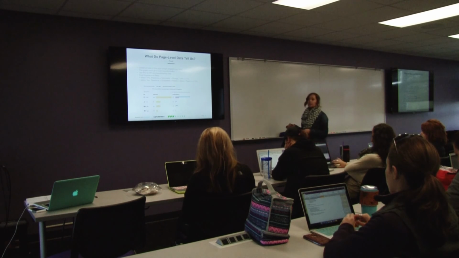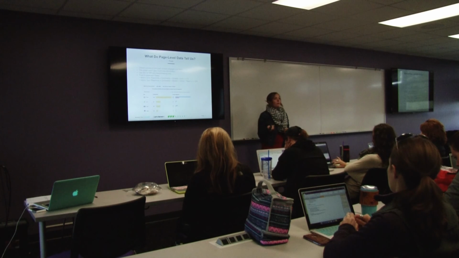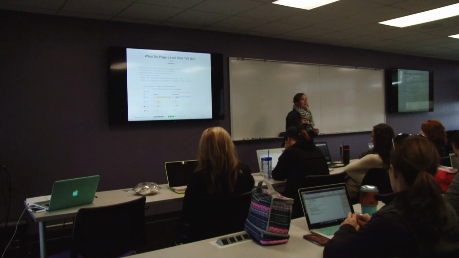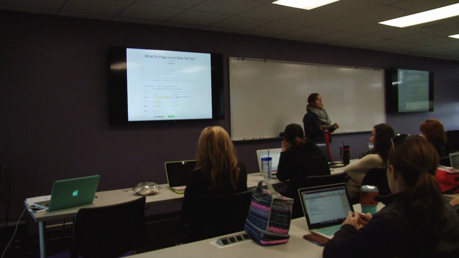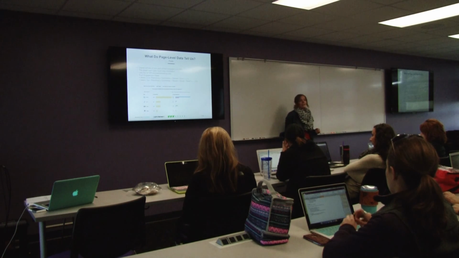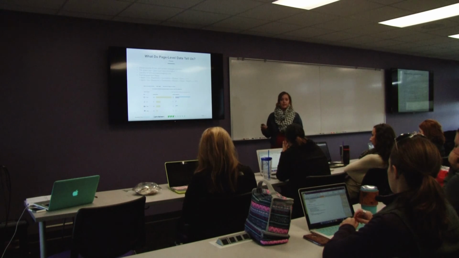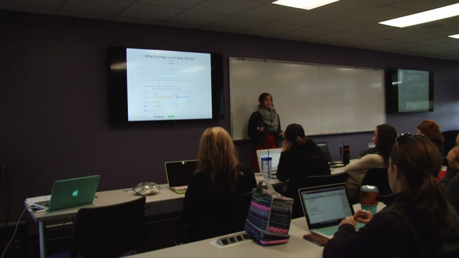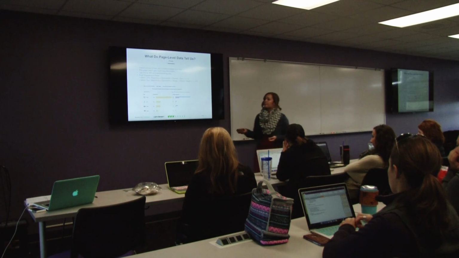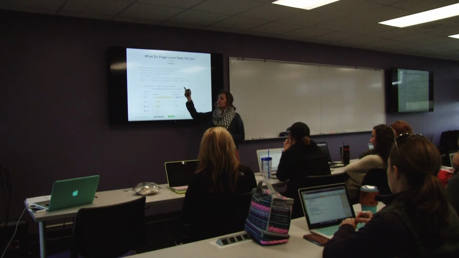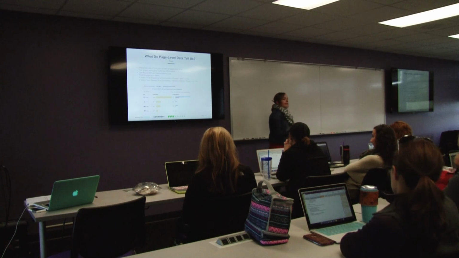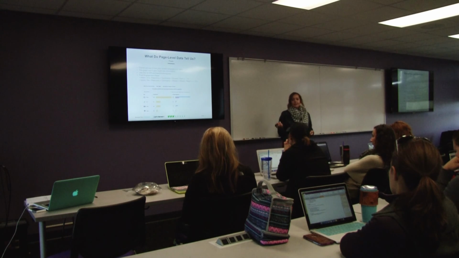So, I've said engagement before, but what does engagement mean? One metric is that engagement is an algorithm of reactions, comments, and shares, divided by the number of fans you have. A second engagement measurement is the reactions plus comments plus shares plus clicks, so if they actually click into your videos or your photos, divided by your reach. So that's something that you'll see when you get into Facebook Insights: they talk a lot about engagement and your average reach. And so that's the measurement tool that they use to decide that. It's not that it's just some mysterious Facebook person sitting in an office deciding how much you're